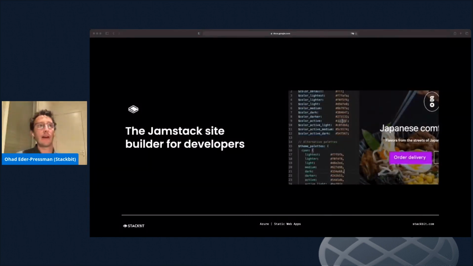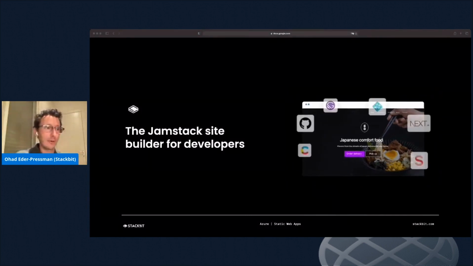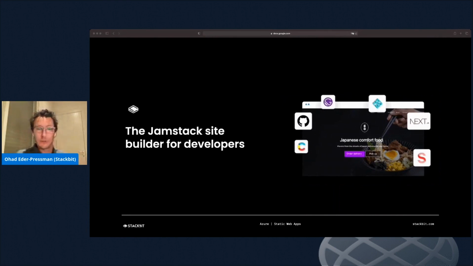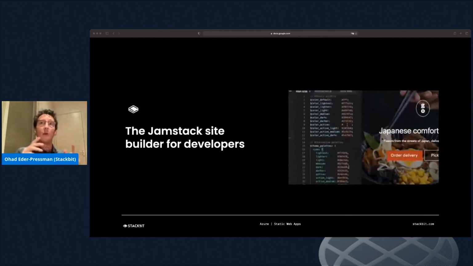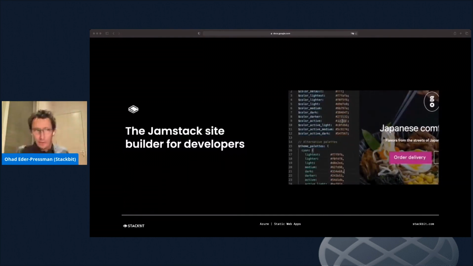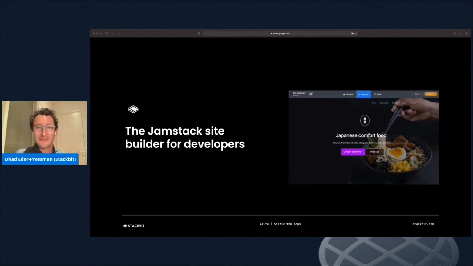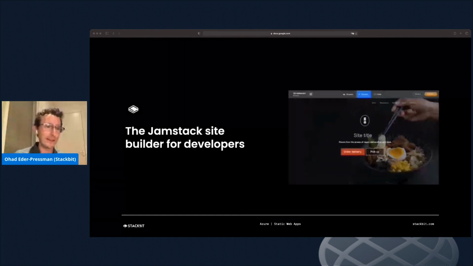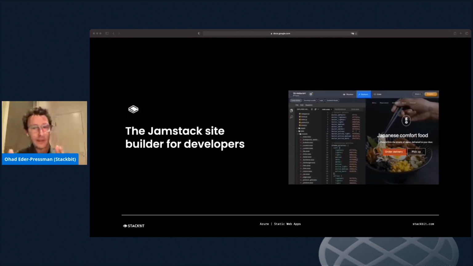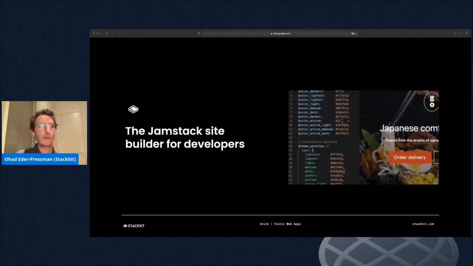We have Webflow, which is a very exciting product, but is also sort of a walled garden and is focused very much on designers. It empowers designers to build websites without developers, which for developers is not the most exciting thing, but at the same time, it's a great tool and it's very empowering for a lot of different marketing departments and people who want to do self-serve with an eye towards customization and so forth.